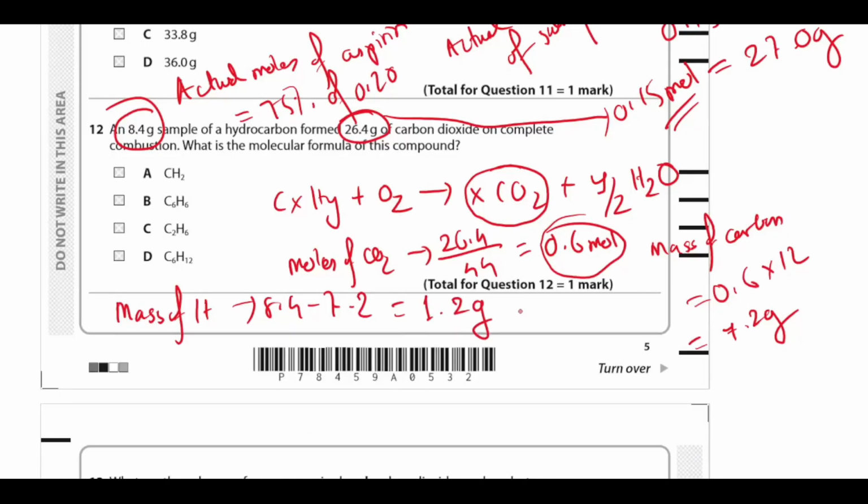So now we know the mass of hydrogen, and we also know the mass of carbon. So if we know the ratio, C to H, we can easily find it. We can easily find the moles of hydrogen, which is of course 1.2 divided by 1, so that would be 1.2 mole. We know the moles of carbon is 0.6, so we place it down: 0.6 is to 1.2. If we simplify this by dividing by 0.6, we get 1 is to 2. That means the empirical formula would be